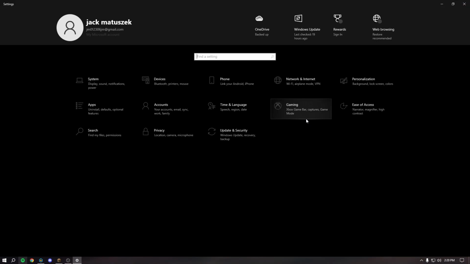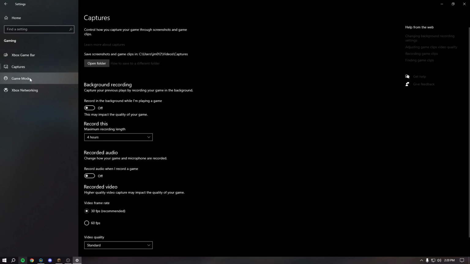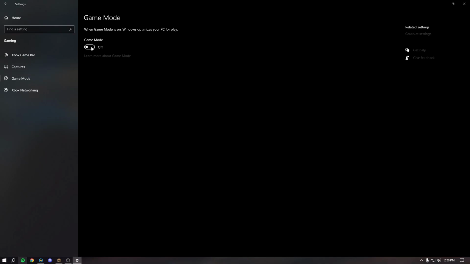You're gonna wanna go back to the main settings tab and click gaming. Make sure you guys have Xbox game bar off. This just takes up a lot of FPS and makes your game way more choppy. Go down to captures and make sure everything in this tab is off. Game mode, it kind of depends and you can test which either on or off, but off personally for me